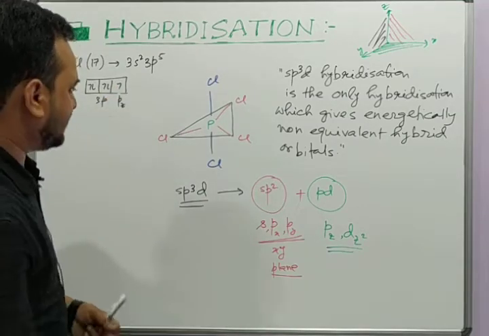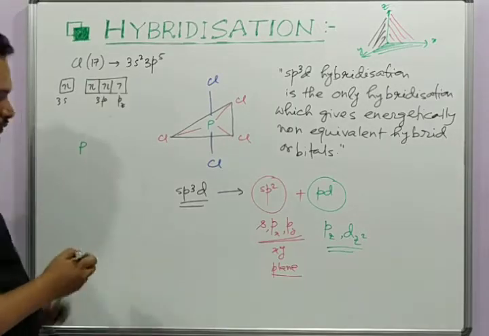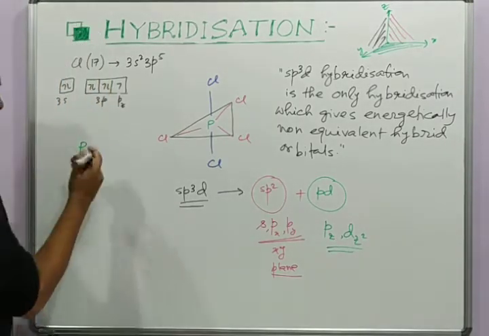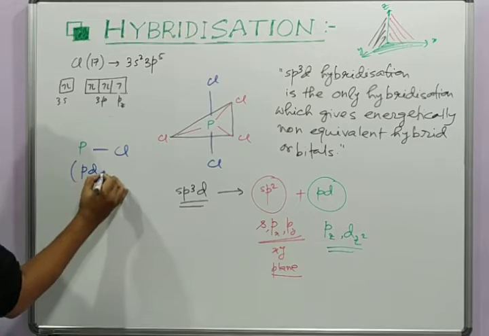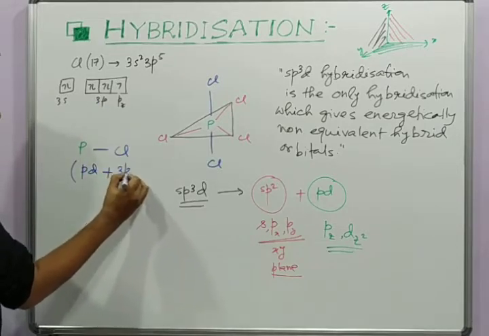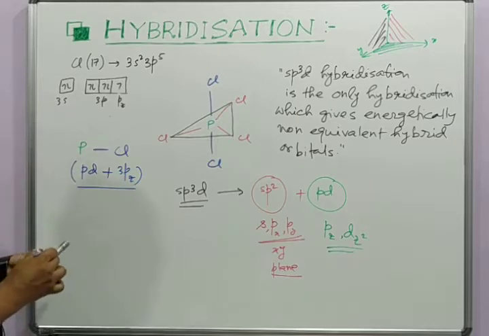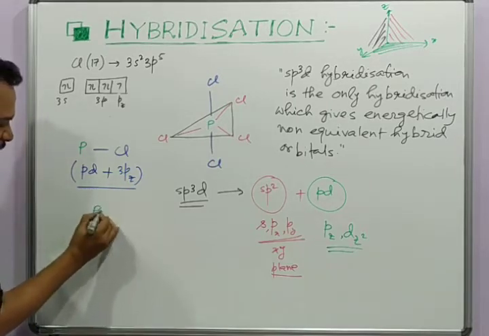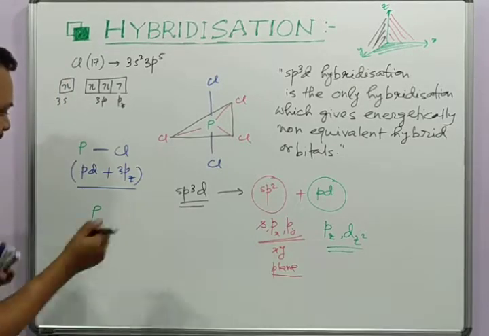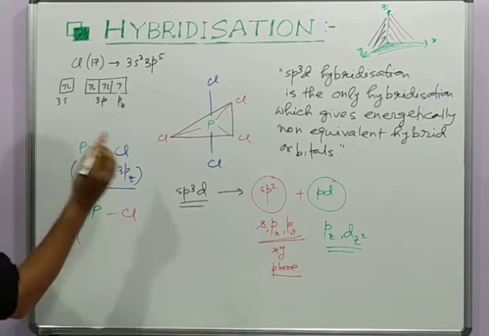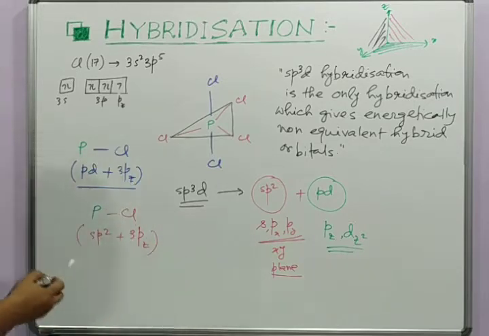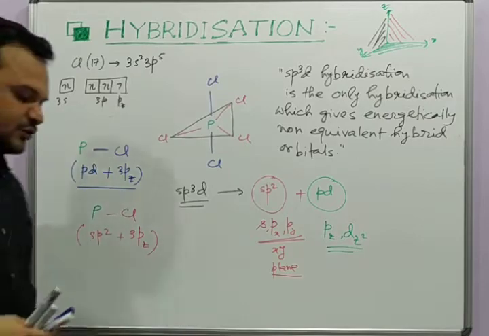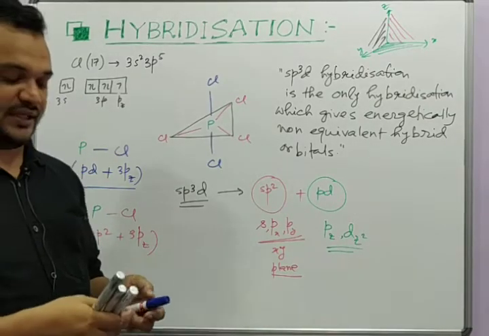So now it is clear that these two blue P-Cl bonds are resulting because of the pd hybrid orbital of phosphorus overlapping with 3pz of chlorine, whereas these three red P-Cl bonds are obtained because of overlap between the sp2 hybrid orbital of phosphorus and 3pz of chlorine. So you can see the constituting orbitals of the covalent bonds are different, and that's why their bond energy as well as their bond lengths are also different.